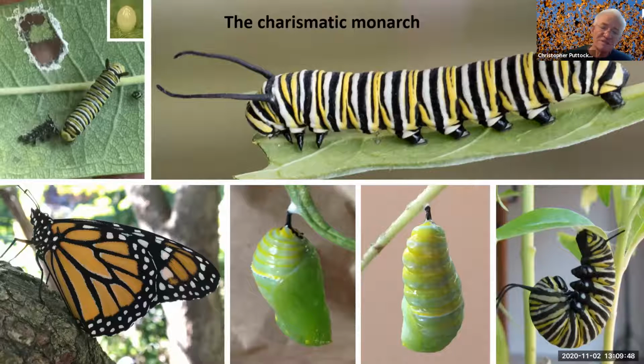Then it will sit as the pupa for 10 to 14 days. And the pupa, this also depends on temperature. And so if the temperature is right, it will not take 14 days, it will take 10 days to go through. The other thing that I've noticed is that if it's in the spring, or actually it's May and June for me,